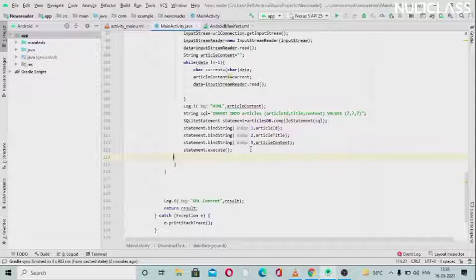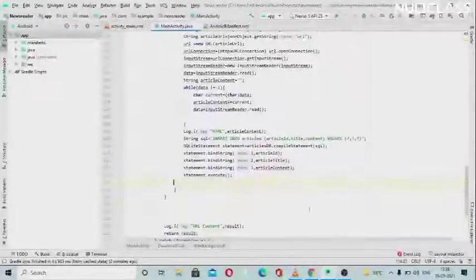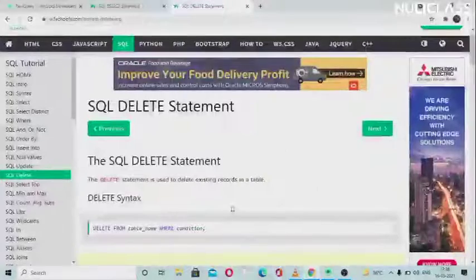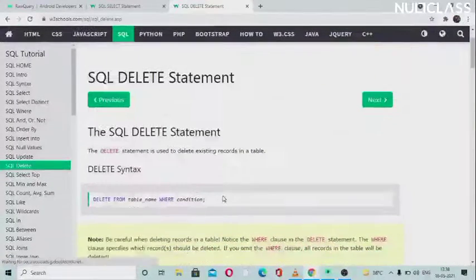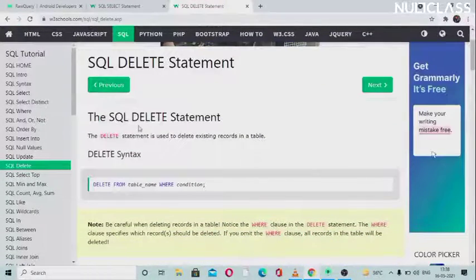Okay, so to delete that, we have different statements in SQL. I will just give you a quick overview. So this is the delete statement in SQL, and this is its syntax. We just have to use the keyword delete from, and here you have to enter the table name.